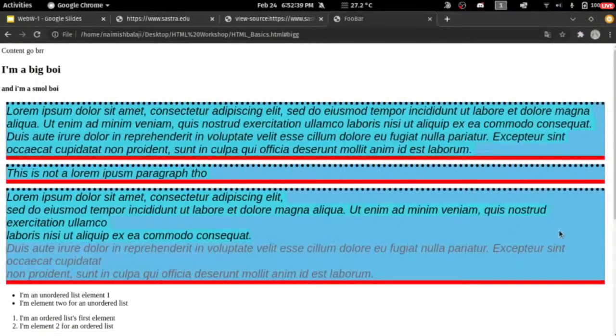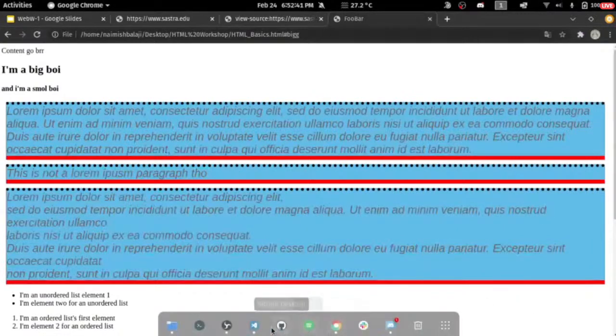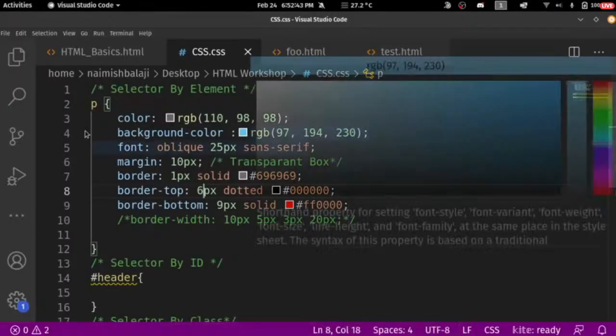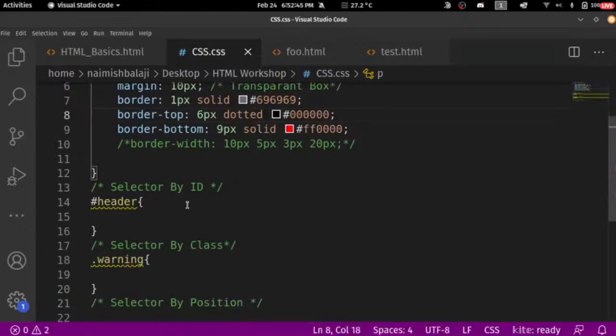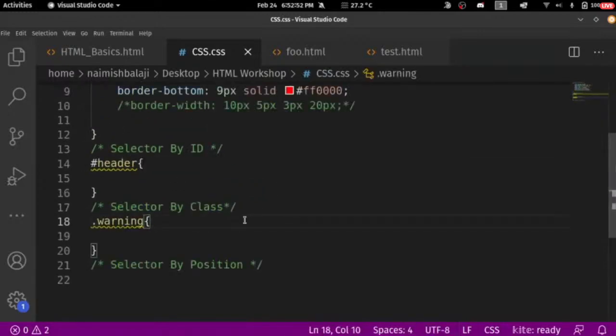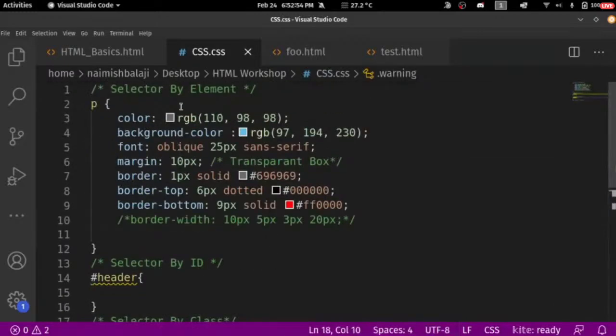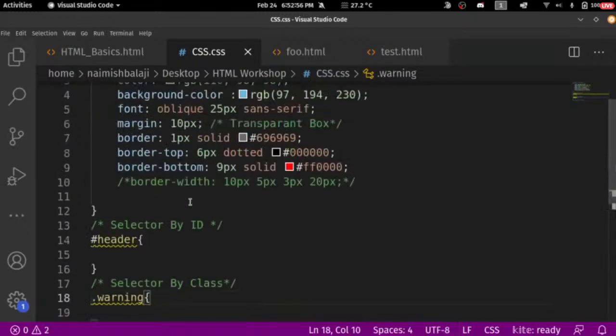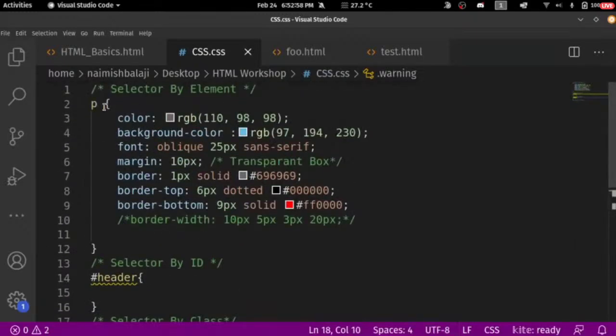We've applied this rule generally on all paragraph tags, right? Now, ideally, we don't want to do that. Ideally, we'd want to select elements by ID or by class or by position. We'll worry about position later. We'd ideally want to select it by element or by ID or by class. Instead of selecting all paragraph tags, we could just select